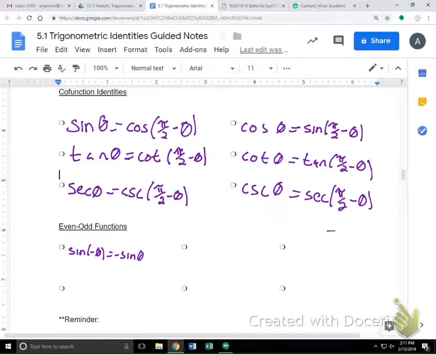Okay. Our next one is cosecant of negative theta equals,